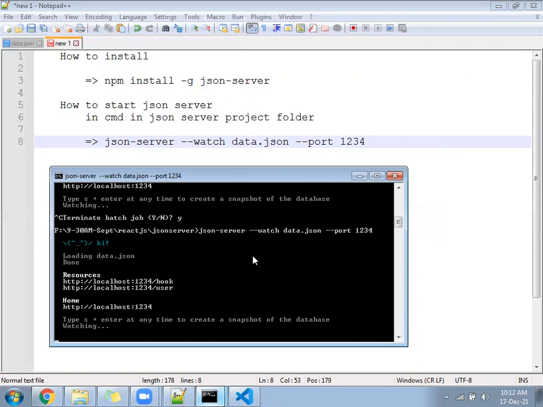And if it is showing like this, resources 1234/book, resources 1234/user, you can reply in the chat, because the next 3-4 classes, mainly the next 10 classes, are based on this only. JSON server as a backend and React as a front end.